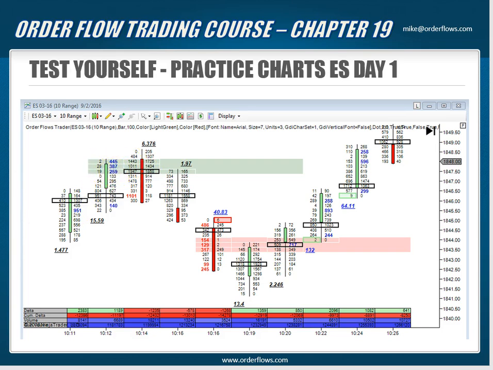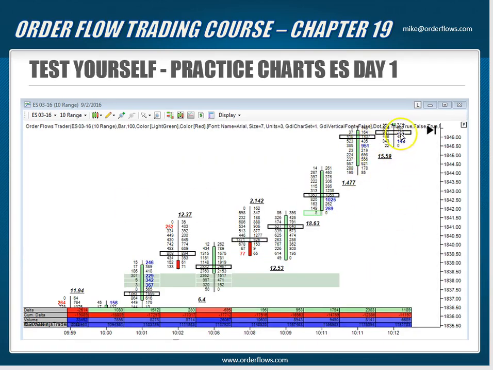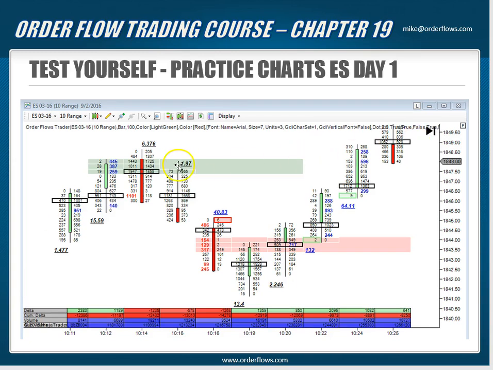It's one of those things where this bar here at 1012 is right here. So you don't see the buying imbalance up here, but you had a move from 38 all the way up to 48. It's a 10-point move. Do you still want to be taking a buying imbalance up there? No, not me. I'd rather be looking for a reason to get short rather than get long after a nice